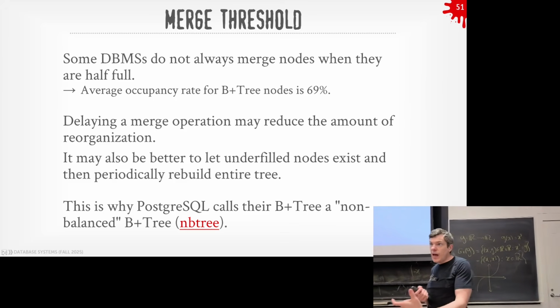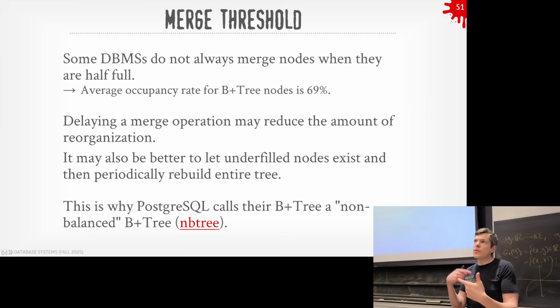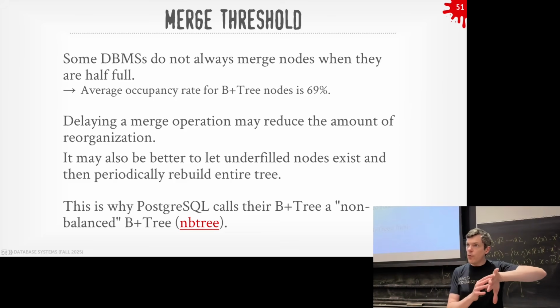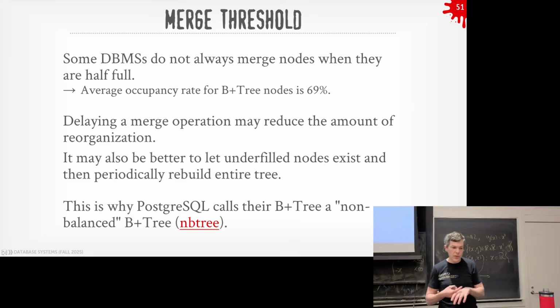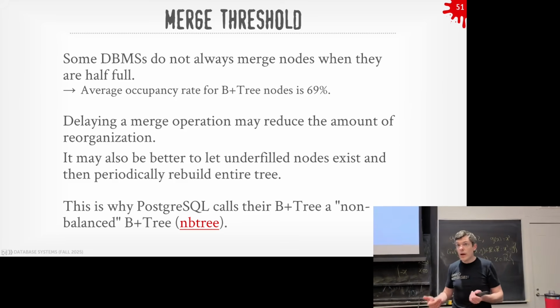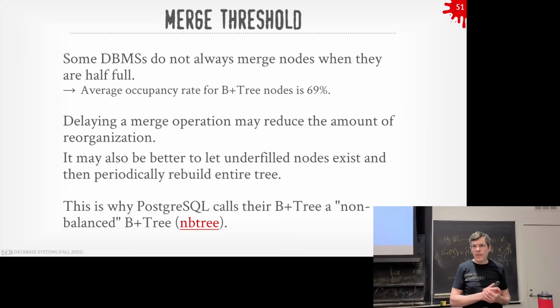So if you can delay the merge process as long as possible, then you can avoid some unnecessary disk I/O because you're not in the situation where I'm merging and then someone immediately inserts something and I have to split again. So you want to let things go a little less than half full for a while. Eventually, maybe say, oh, I'm not using this space, let me go ahead and clean it up. But it'll allow you to handle more inserts without having to do additional splits if you don't relax this right away. And so it ends up being not exactly balanced anymore. This is why the Postgres B+Tree implementation is called a non-balanced B+Tree. So overall, it's balanced, but sometimes it's okay to relax that.